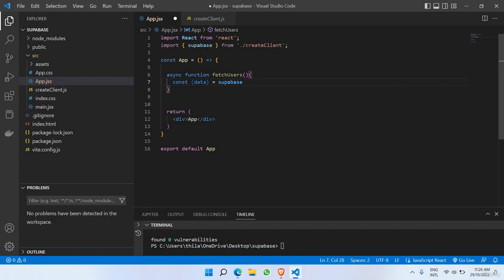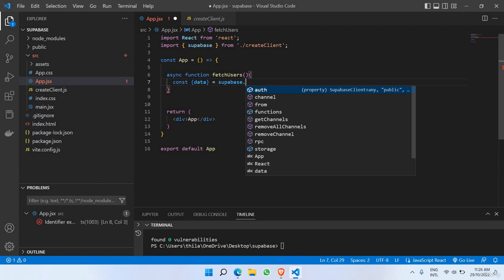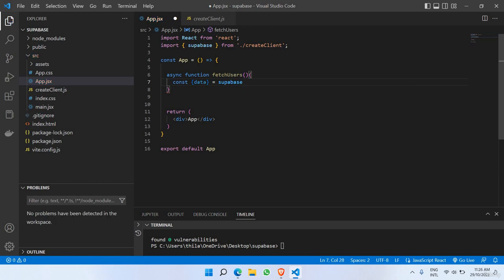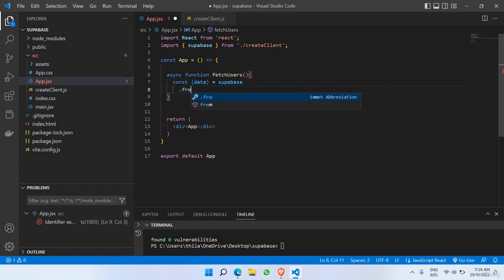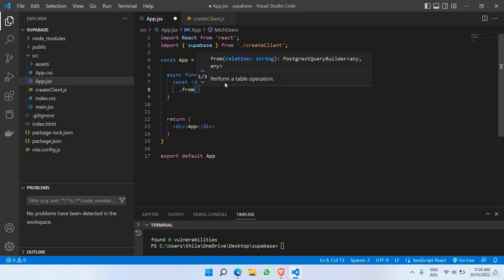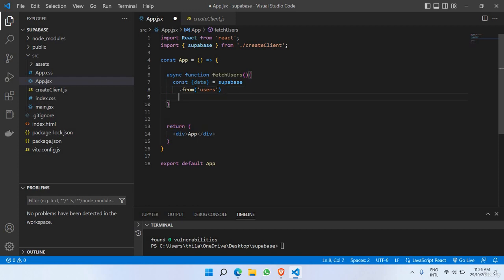And this Supabase will be directly able to access the data that's coming directly from the Supabase that we have created. So from which particular data we need to be specifying the data, also the name of the table. For example, the name of the table we have created inside Supabase is called users, and this is how the SQL code looks like. Supabase is actually a SQL based database, and from users,